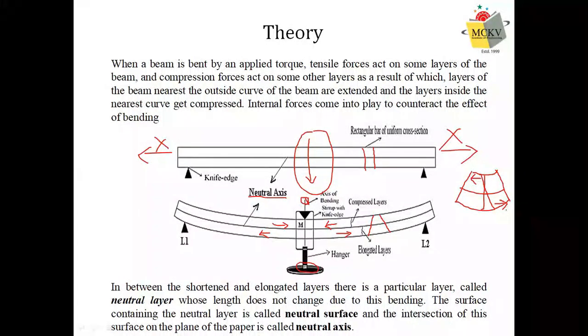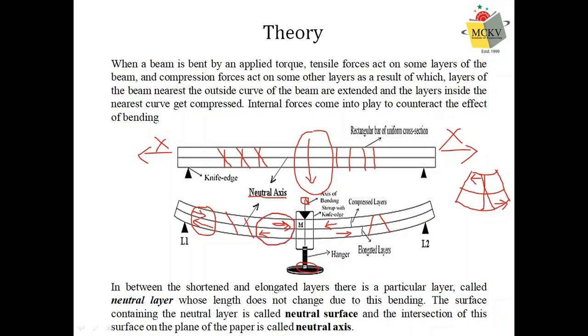So in other words, you can see there is a couple acting on every part of the beam. If you take any section of the beam, you would see that the beam is becoming convex, and all these sections are becoming slanted. Because it is becoming convex, every vertical section is becoming slanted, because there is a compressive stress in this region, and below the neutral axis, it is tensile. So you can see it is a couple acting.